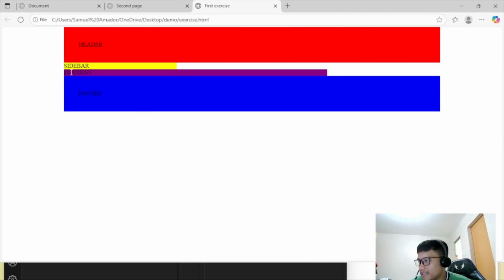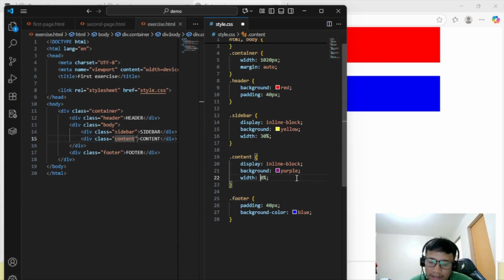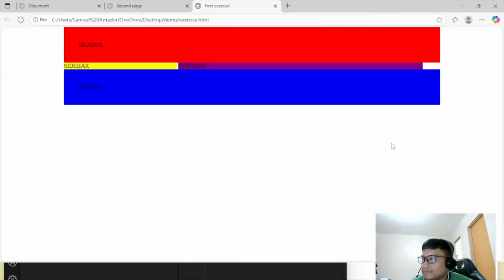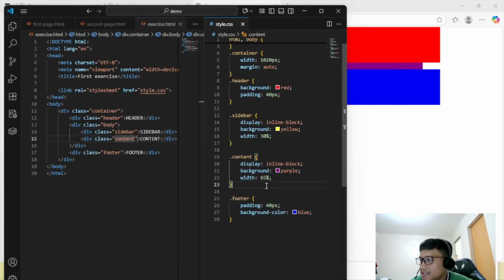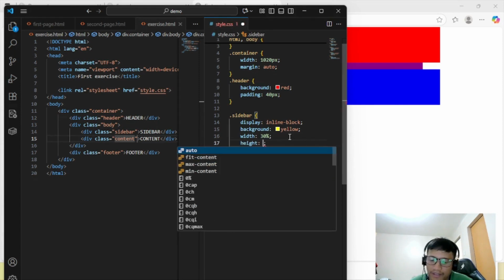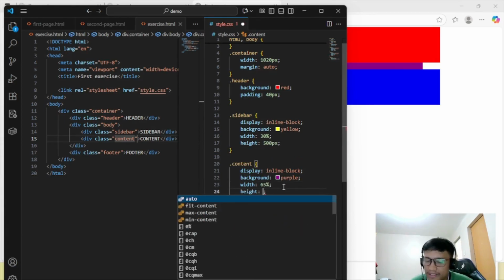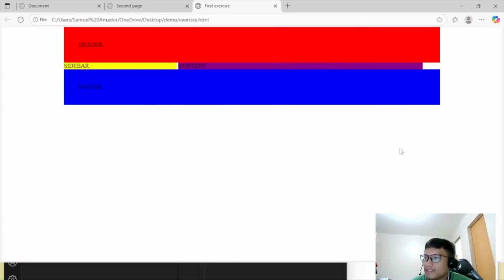Notice that the content goes downward because there is a margin earlier between the sidebar and the content. So let's make it smaller, maybe 65 for now. Okay. And then the height is 500 px.